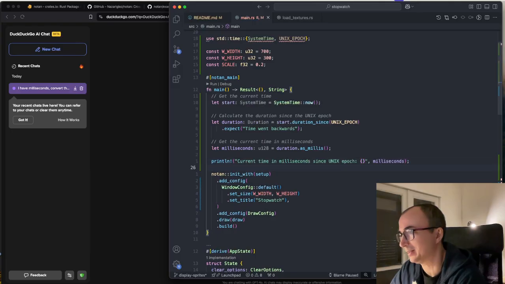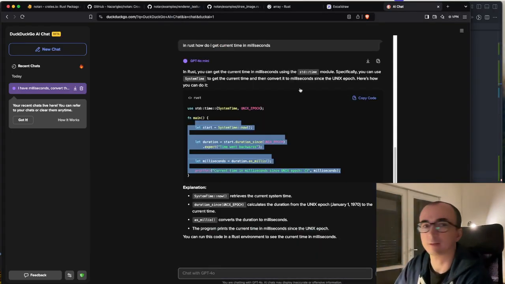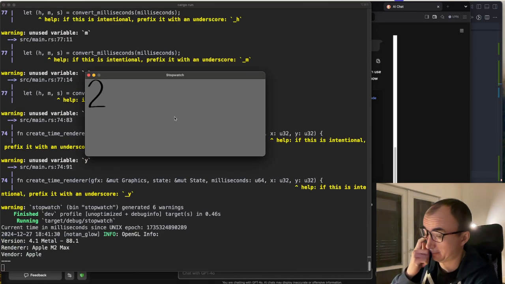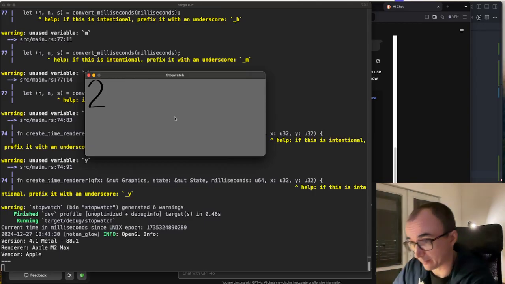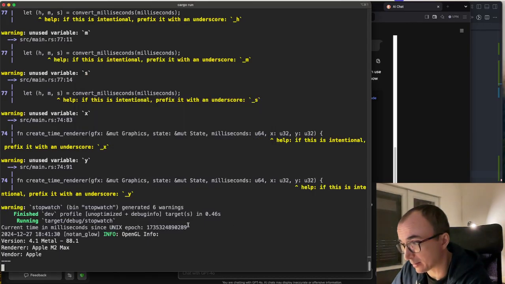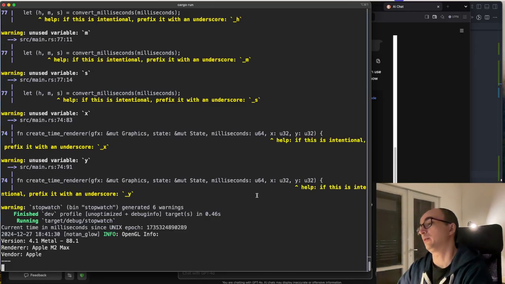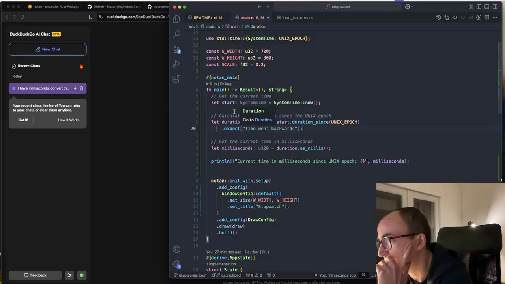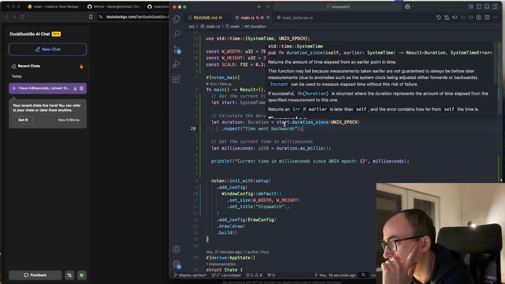Okay, here it will be okay. So let's see. And cargo run. And I have nothing. No. Yes, I do have the current time in milliseconds since Unix epoch. This is exactly what I wanted. So what do we have here? I have start system time now, and then I'm getting